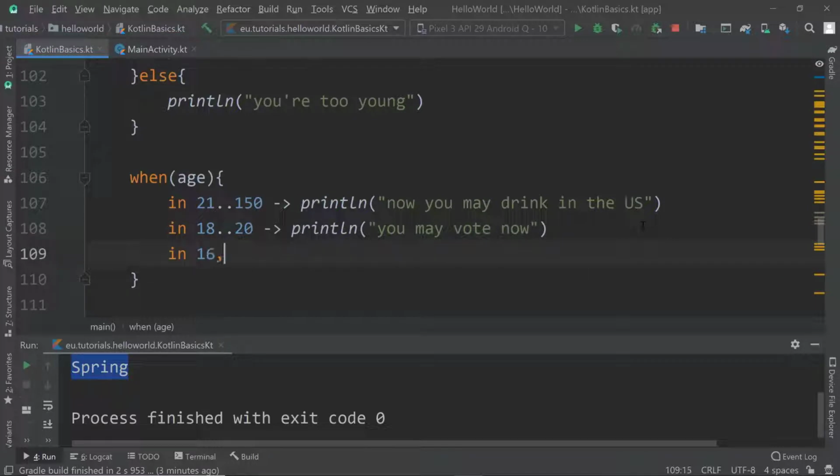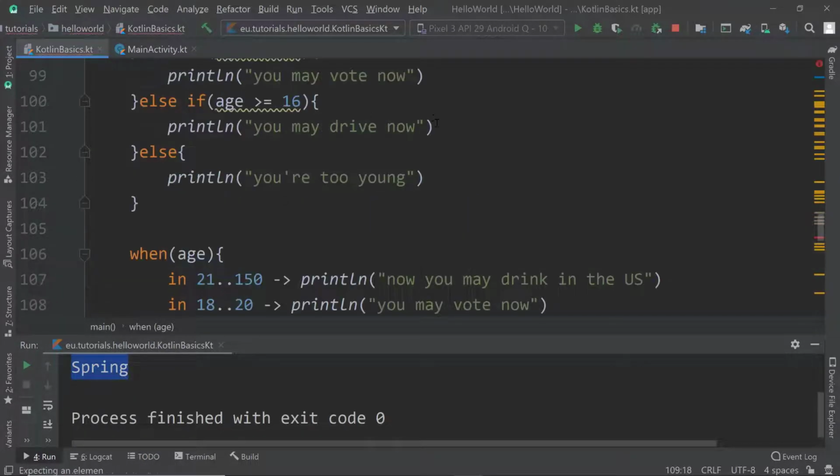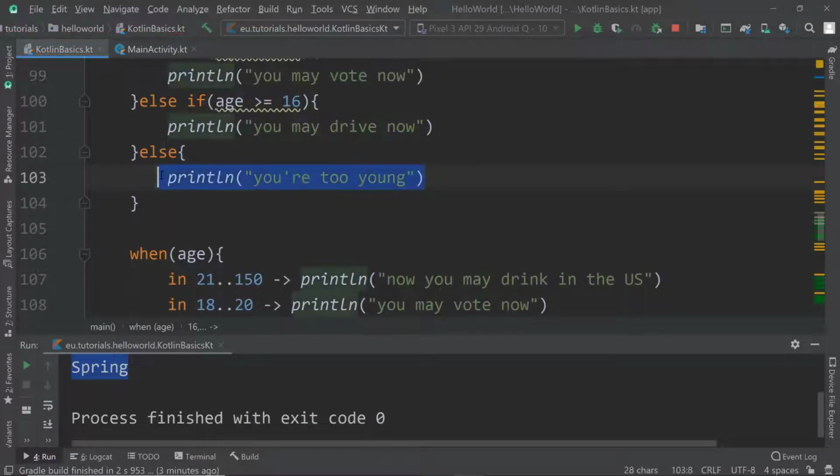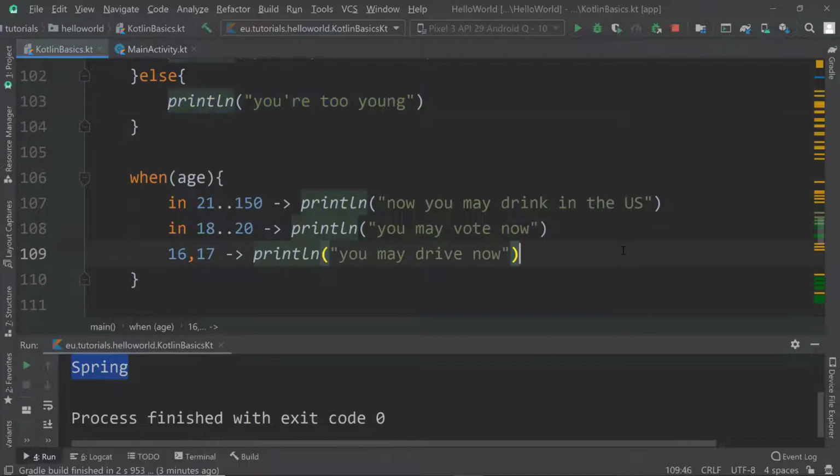In 16 and 17, and here we don't need the in keyword actually, so let's get rid of those. We can just say you may drive now, and then finally we have an else block which says you're too